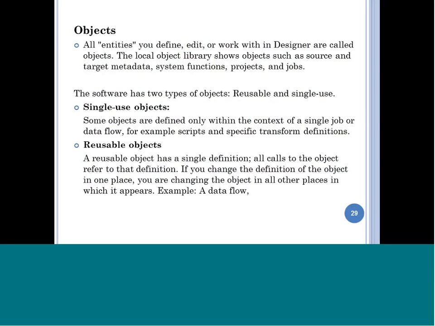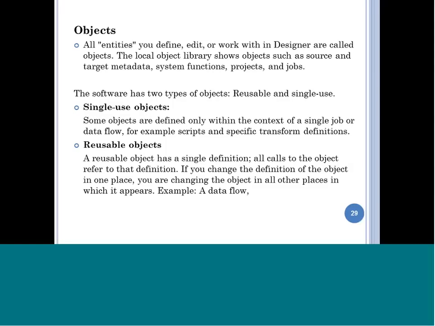When I say objects, there are two kinds: an object that, once created, can be used in multiple places, or one that can't be used in multiple places. When you create a job, a data flow or a script,